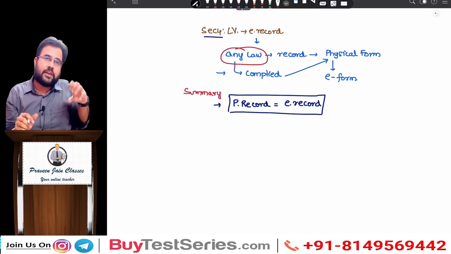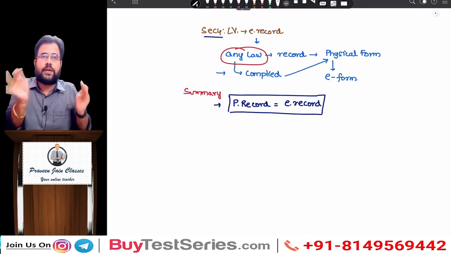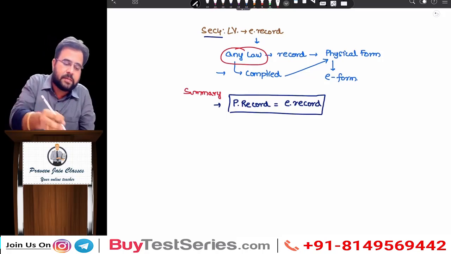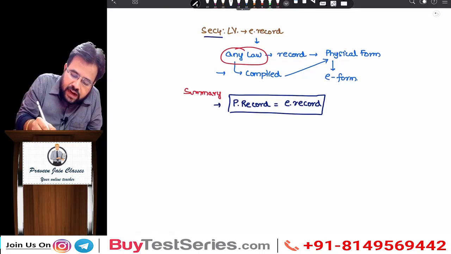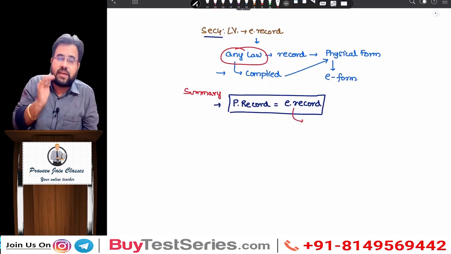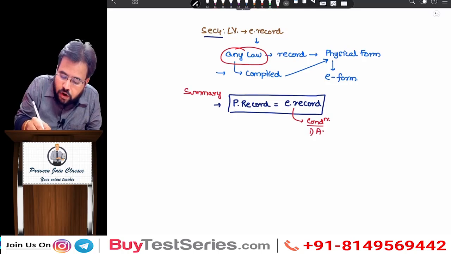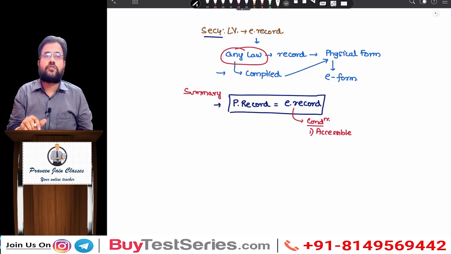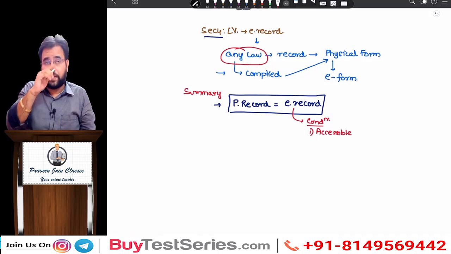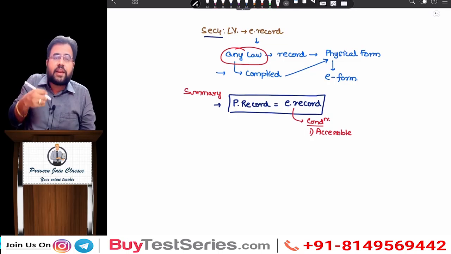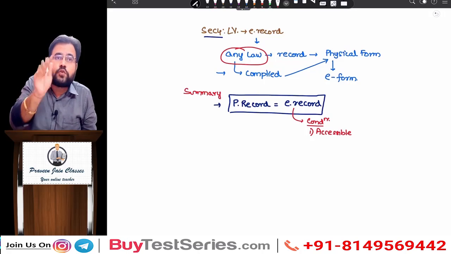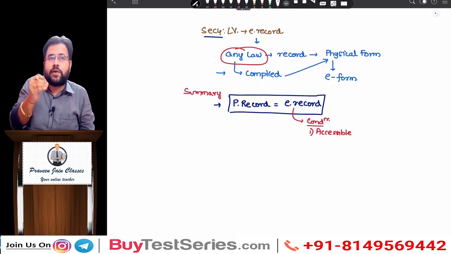Okay, so either you maintain physical record or you maintain electronic record, both are same. But a small condition is attached. This equation is correct, but there is a condition, sir. What is the condition, sir? Your electronic record should be accessible. What do you mean by accessible, sir? Whenever required, you should be in a position to retrieve it,